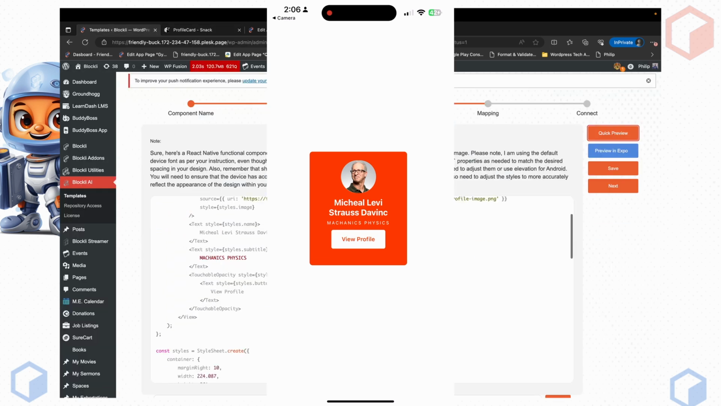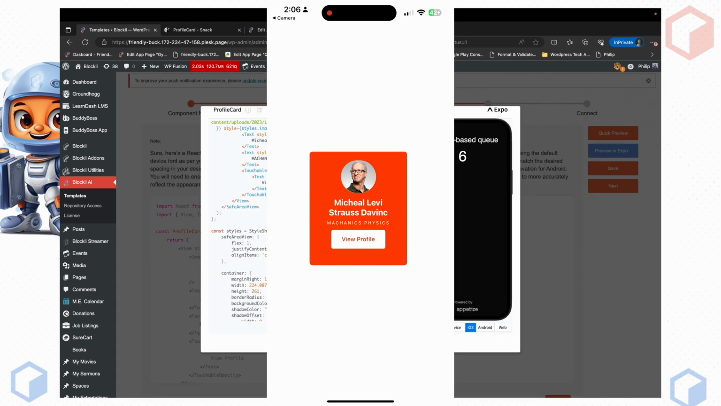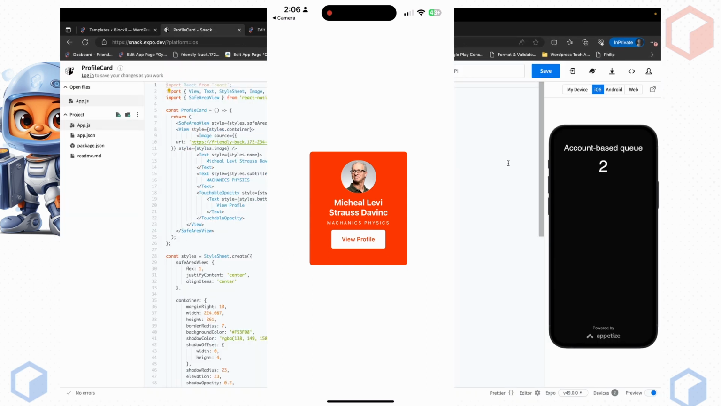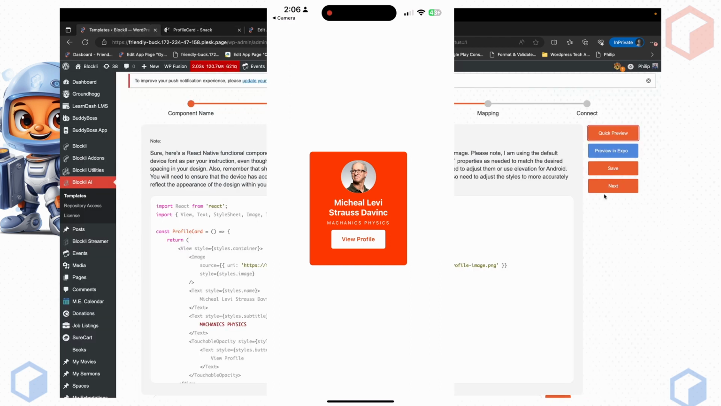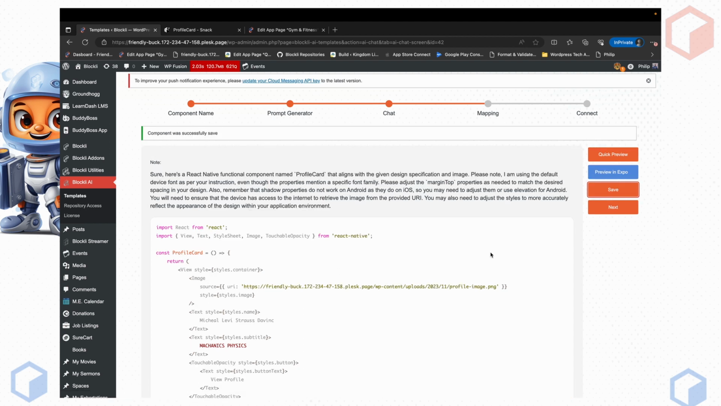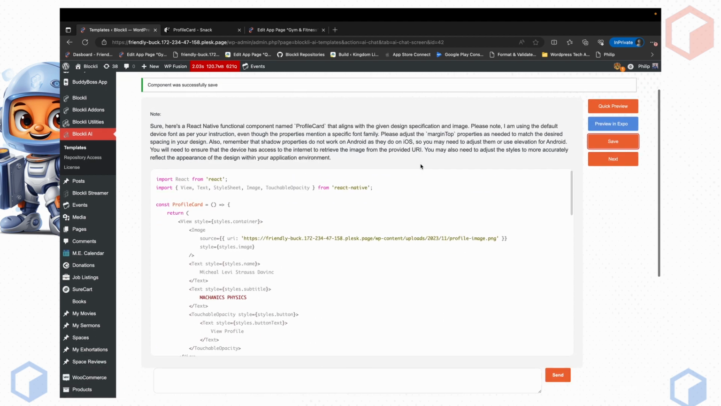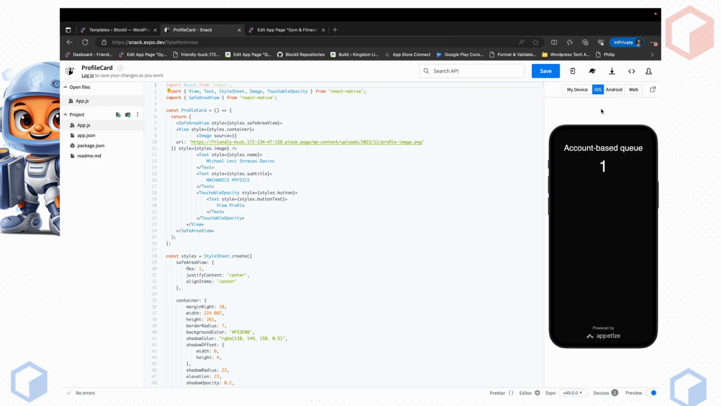Once you're done, you've got what you need. So in this case, it looks like we have a pretty decent design based on what you can see on my phone right here. Now, what we're gonna do is we're simply just gonna click Save. Now, if you want to make changes to this design, to your design or to your code, let's say for example something doesn't look right,